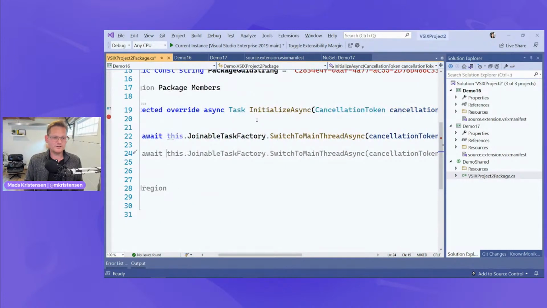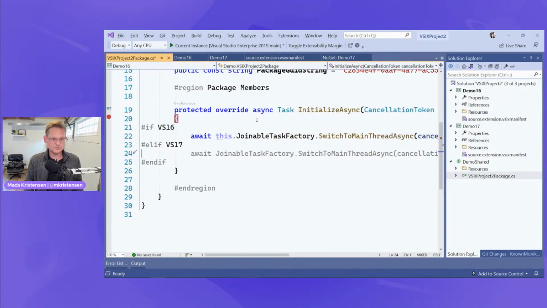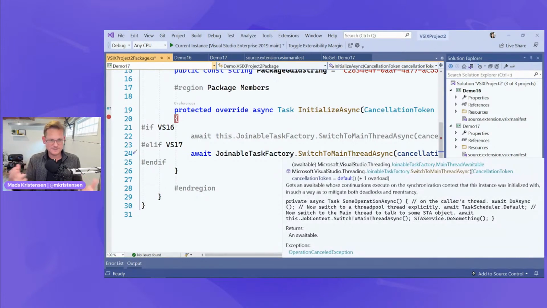Whatever floats your boat, whatever API you're using, you can do it that way. That make sense? And then you can just switch. Say, oh, I want to see what the 17 is going to look like. And then boom, now that lights up. And so you get a compiler error if you're using things in your ifdefs that are not